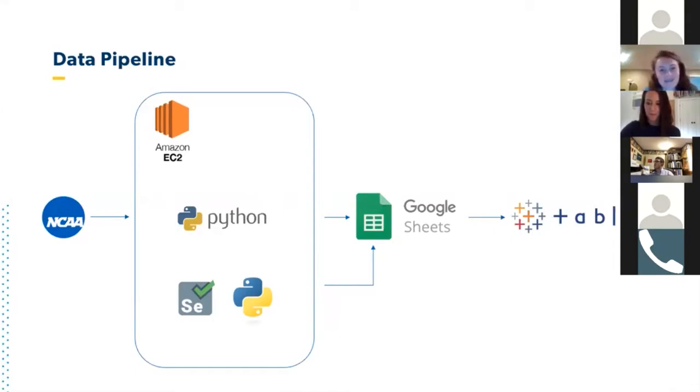The other interesting thing is when you're using Google Sheets, Tableau Public will automatically refresh your data, but it only does it once every 24 hours, which was a problem because we wanted to update these dashboards as close to live as we could. To solve for that, we set up a separate Python script that utilized the Selenium package. Essentially, if you were to watch it on your screen, it would open Chrome, type in the URL, and then click the refresh button. We have that running on EC2 in a headless state, where it doesn't actually have to open Chrome. It does it in the background.